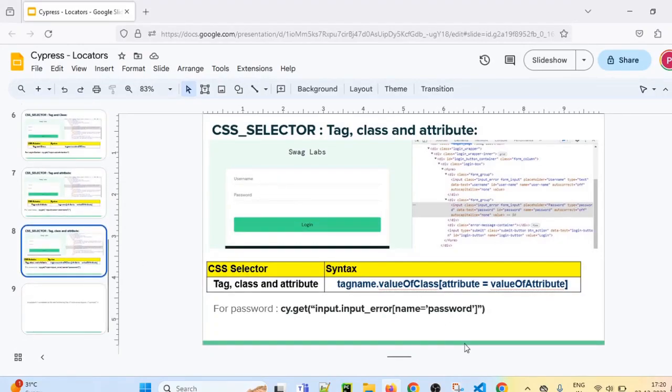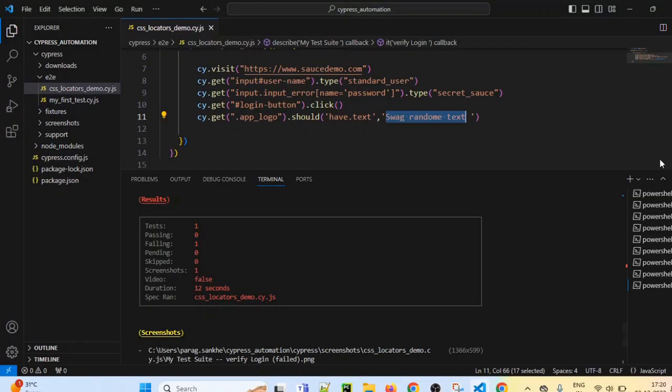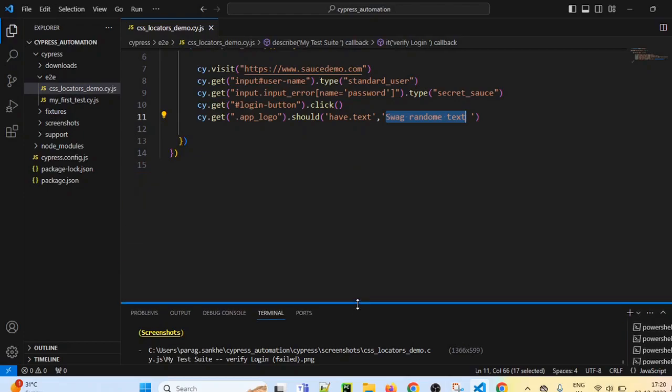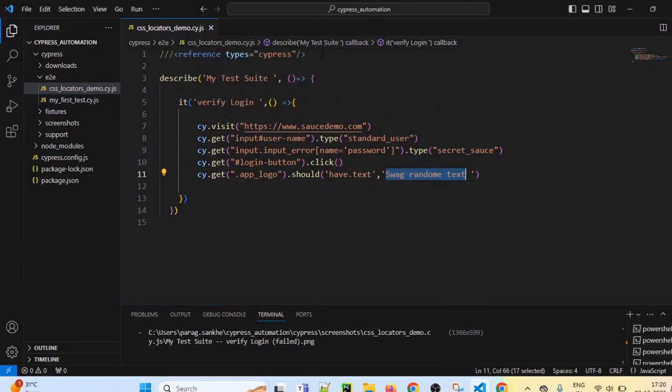And one more thing I would like to inform you: if you remember, we have added one line at the top of our script. In our spec file, we added this line so that we can get all the methods and variables directly available while typing cy dot. So we have to write this line in every spec file. But if you want to avoid writing it in every spec file, what we can do is simply cut this line by using Control X.